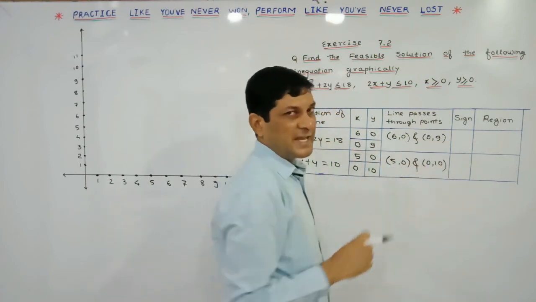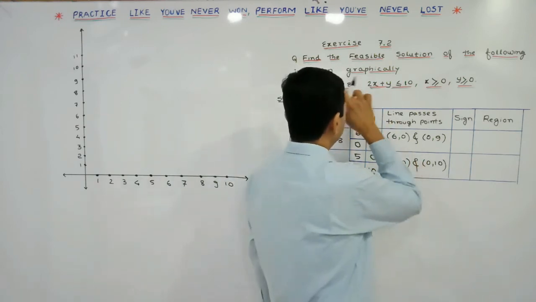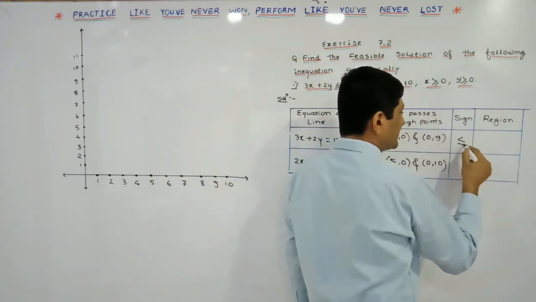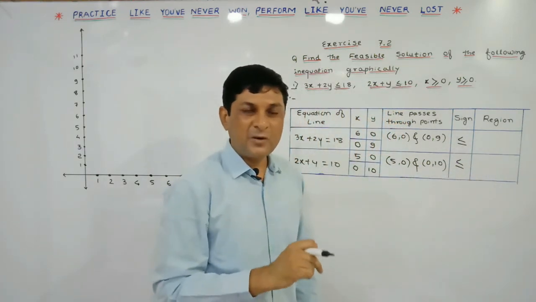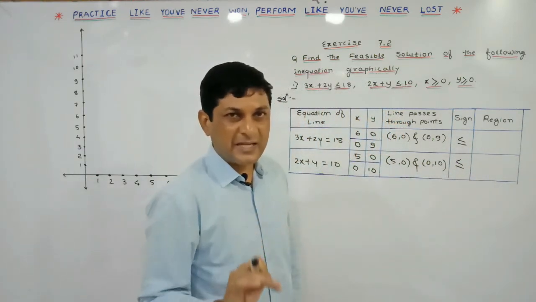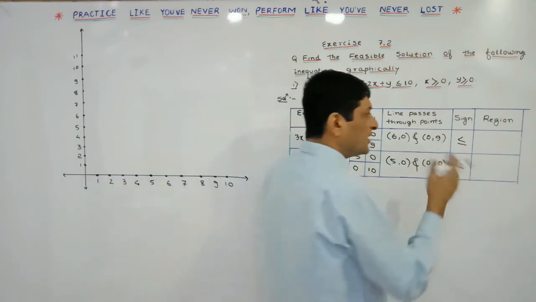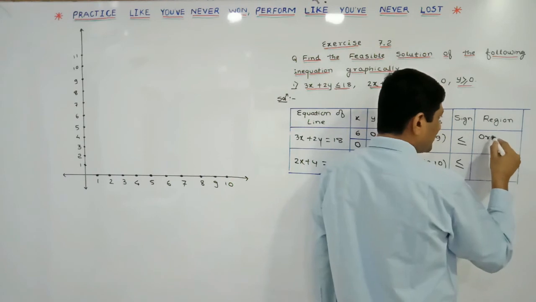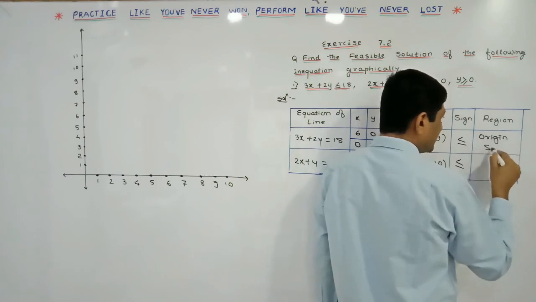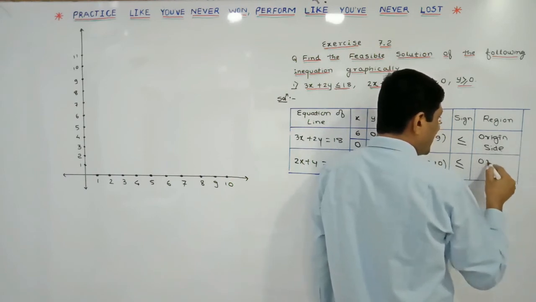Now observe the signs in the given constraints. In both the constraints, less than or equal to is given to us, and we know that in an expression, if less than or equal to appears, at that time we can say that the origin side part is our solution set. So the origin side part will be